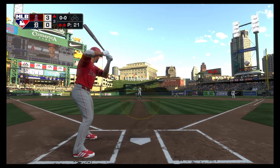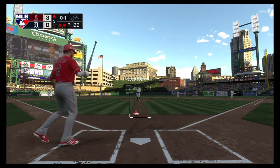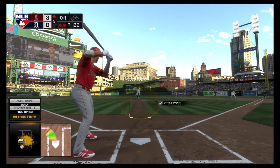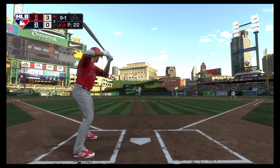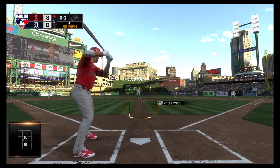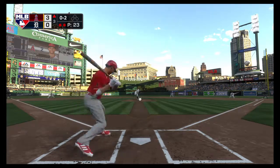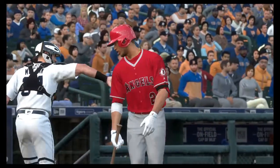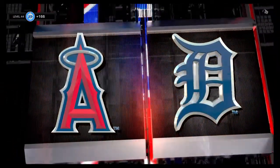In now is Andrelton Simmons. Pitch on the way. That's in there, and he's deep in the hole now, 0-2. Got him swinging, and that will end the inning. Angels are gone in order, but they're on top by a count of...